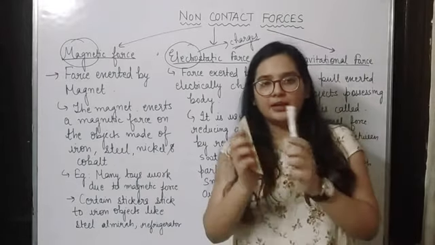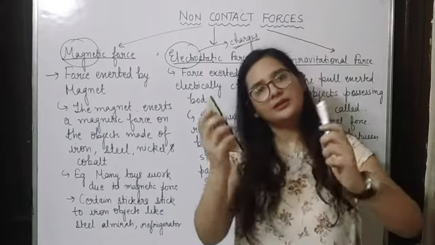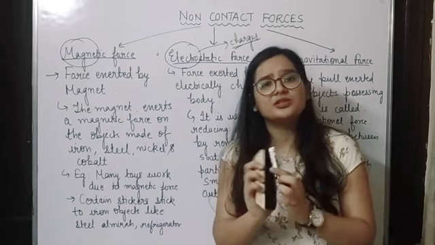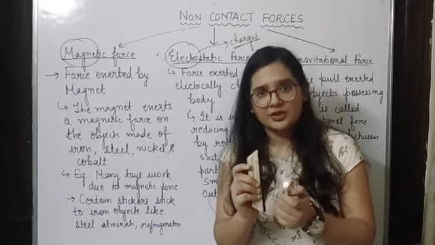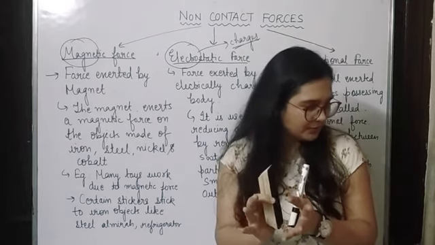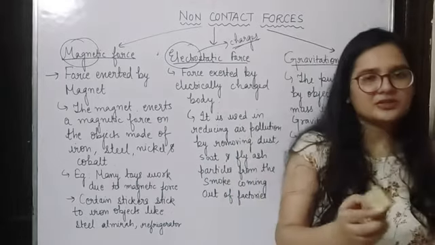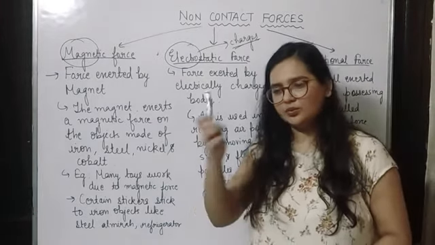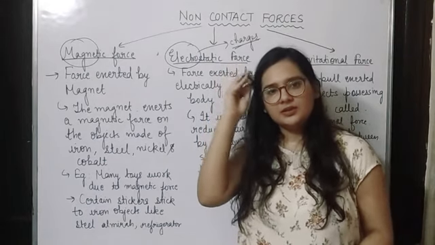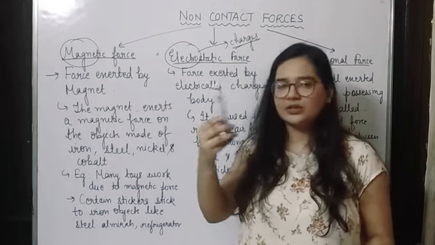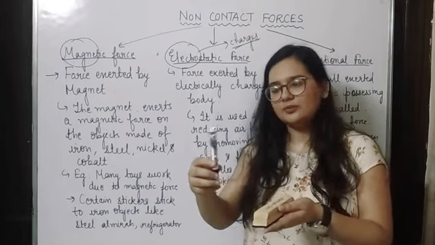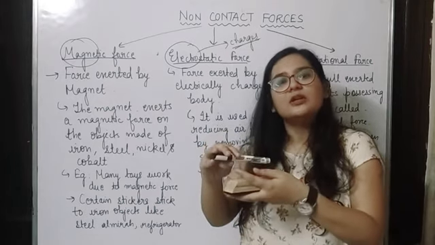See, if I am rubbing two things together, right? At this stage, both of the bodies are uncharged. But if I start rubbing both the bodies, both the bodies will acquire some kind of charge. For example, I'll show you this. You must have done this experiment in which you take a scale and rub the scale on your hair like this, right? And you try to bring the scale near the pieces of paper, and if you observe, those pieces will stick to the scale.